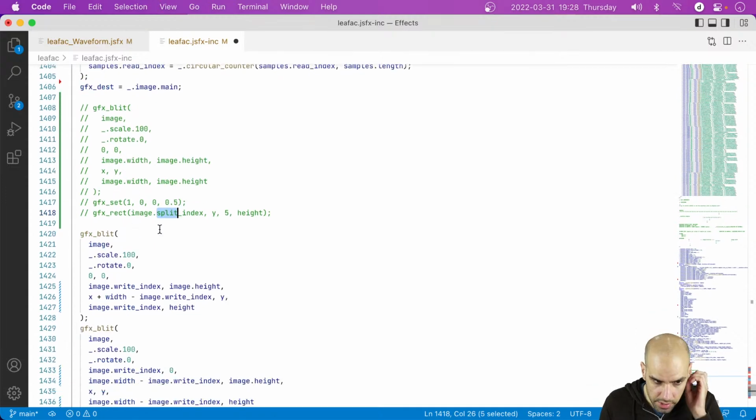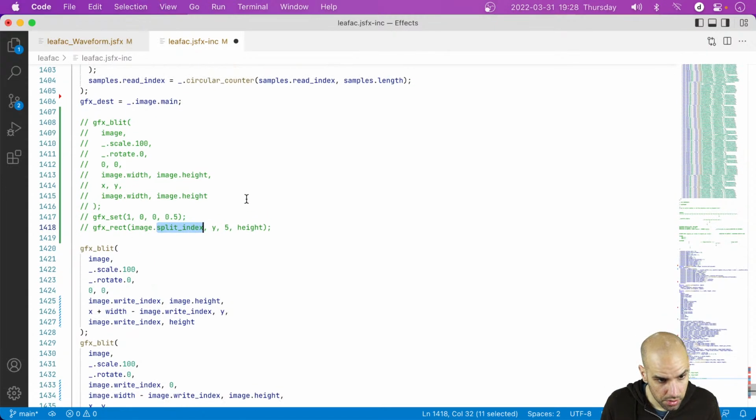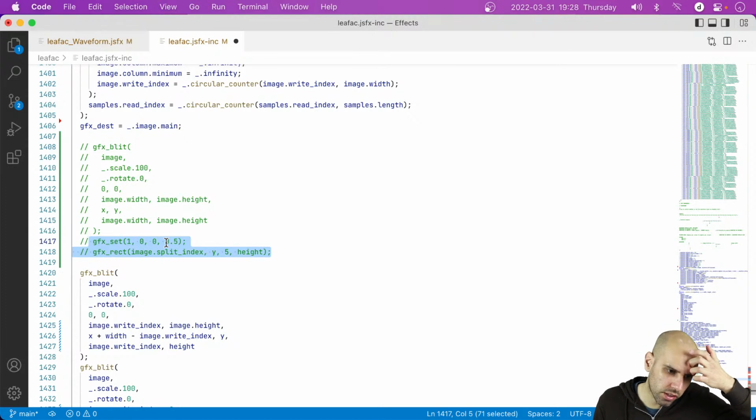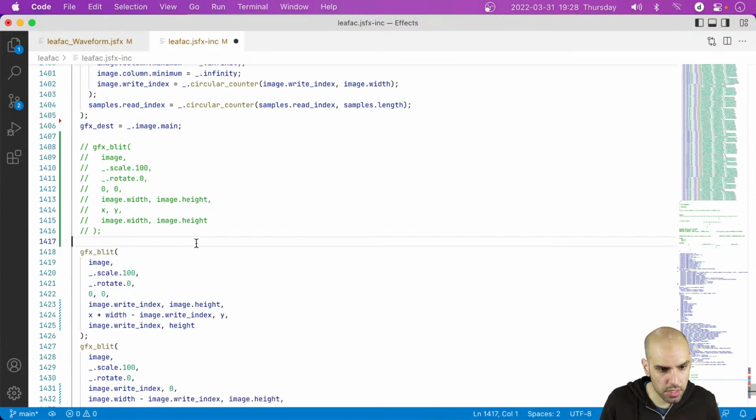And this is kind of useful. Well, not the rectangle, because the rectangle was to show the split index. But